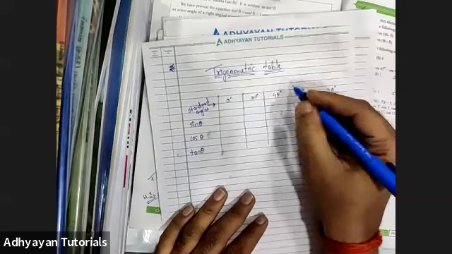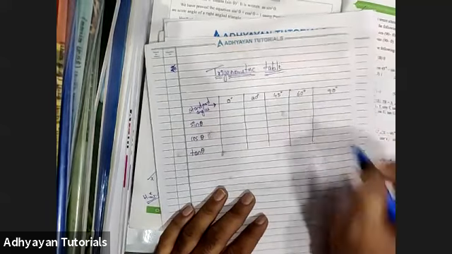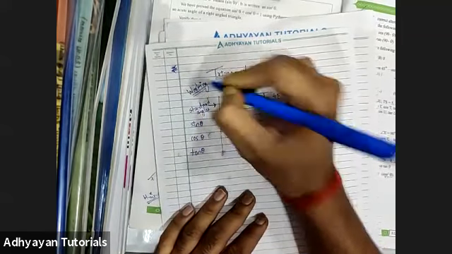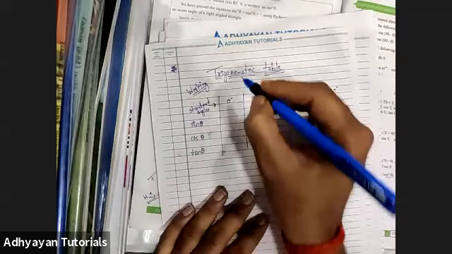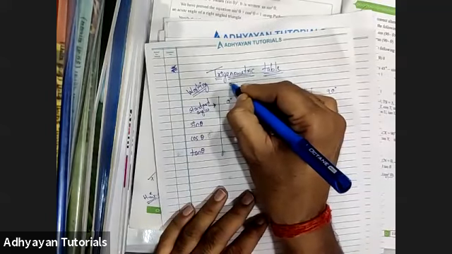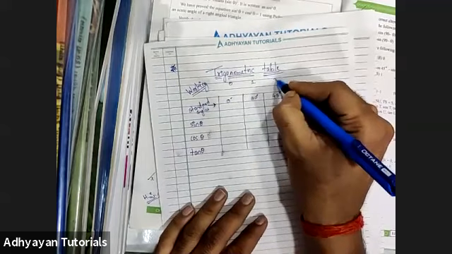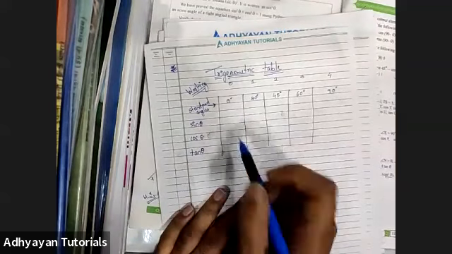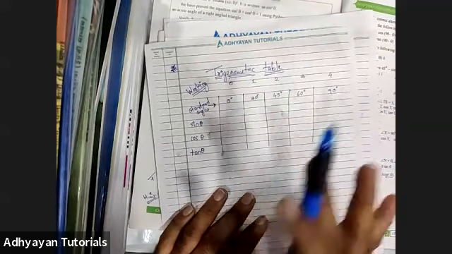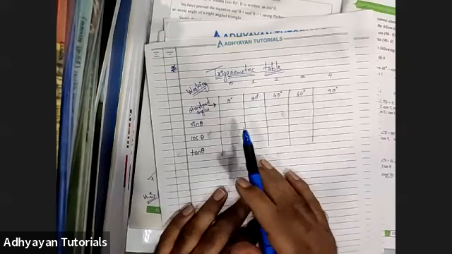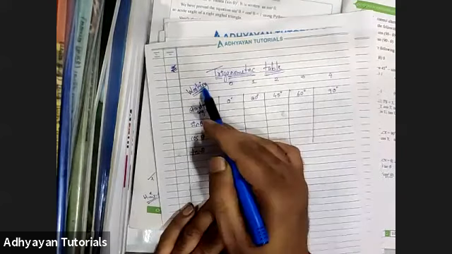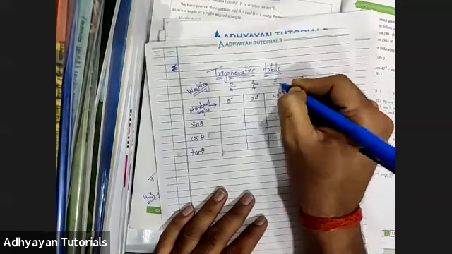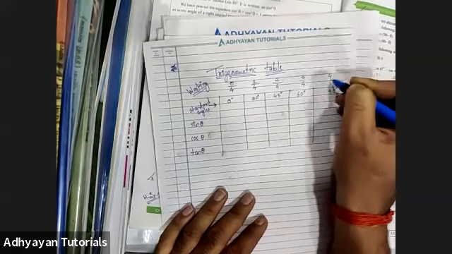Now let us understand how we fill the values, children. Very simple it is. I would name it as, let's say, working column. Okay, working row rather than column. The trick here is to write 0, 1, 2, 3, 4. So what have I done till now? I've just written 0, 1, 2, 3, 4. Very easy, isn't it? Okay. Now the second step of the working or the trick has to be to divide everything by 4.